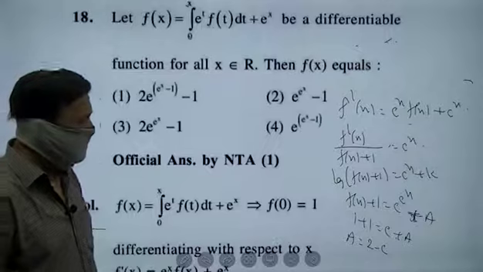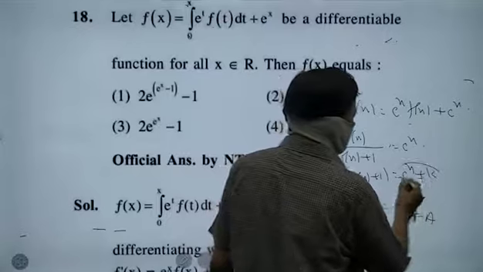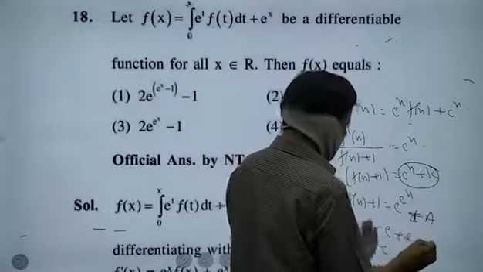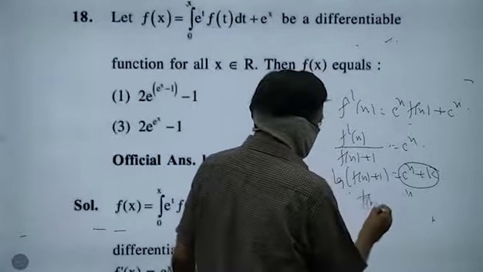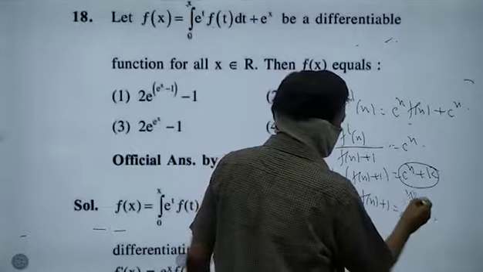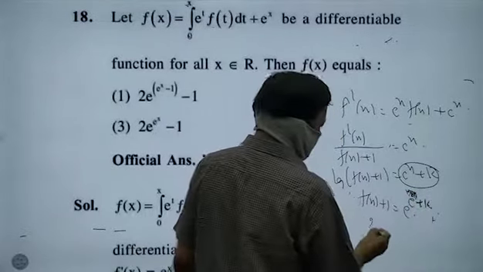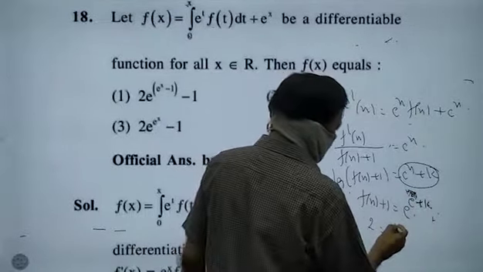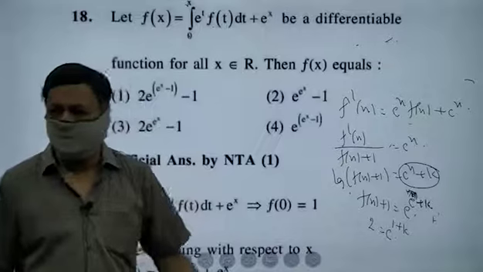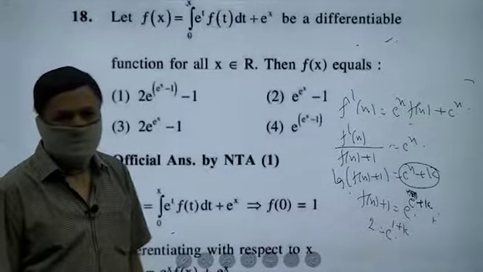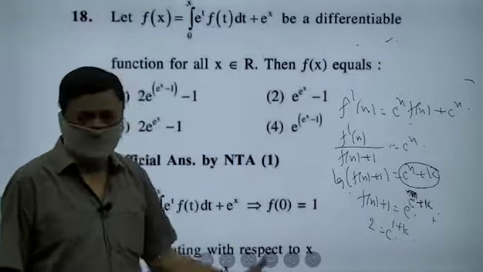Right. Okay. You can write this like this also. Actually, listen. This is as good as, look, you can write it like this: f(x) plus 1 is equal to e^x plus k. Plus k. f(0) is 1 means 2 is equal to e^1 plus k. You can write like that also. Makes no difference. Right? So the k value you can get and substitute. Yes, it's very simple. You can do this.